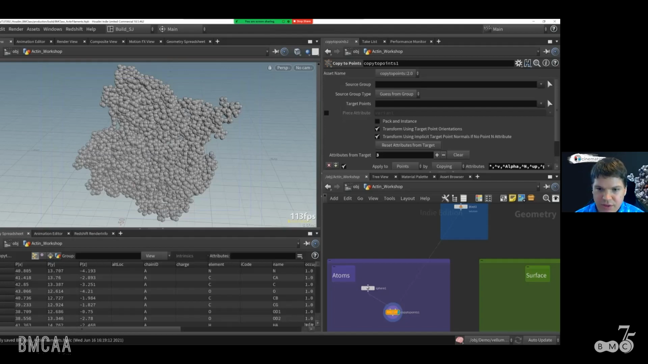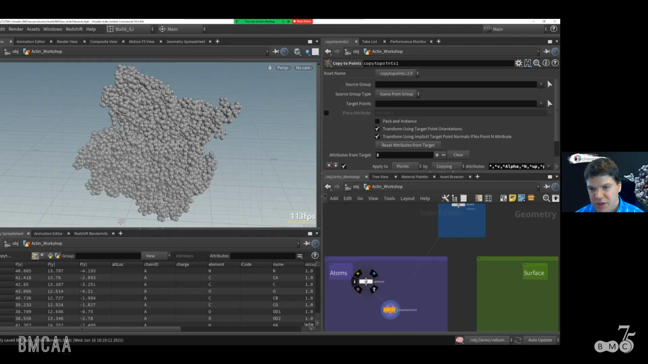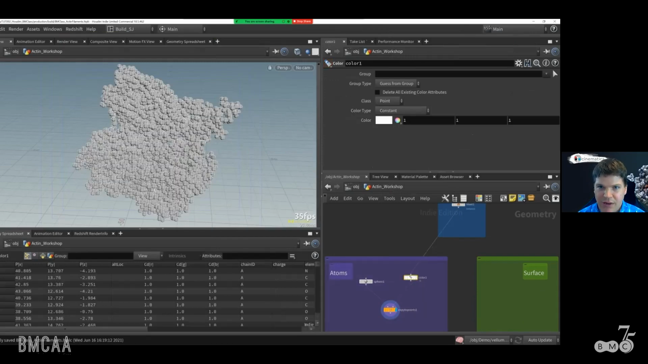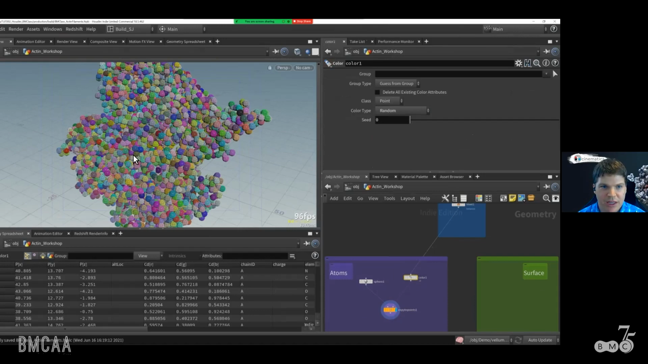So a nice feature of this copy to points is that not only does it copy the geometry to the points, but it can actually take this kind of data, these are called attributes, to the spheres. And I'll show you an example of that by putting down a color node. And if I just do color random, you can see that it's applying a random color to each of the